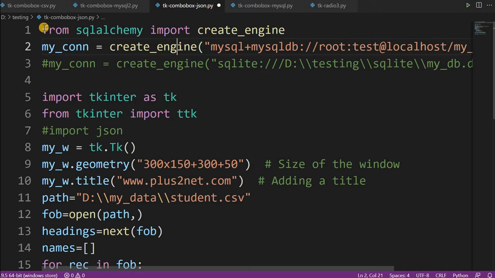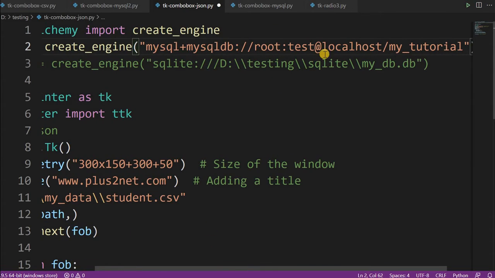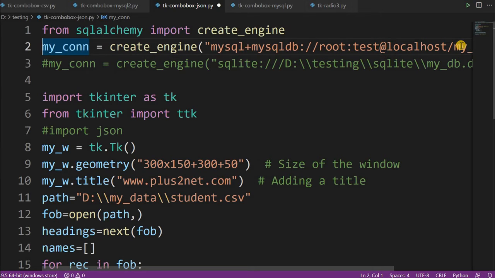Let's understand the second line. Here I am creating a connection object, using my user ID, my password, and localhost. In most cases localhost, otherwise you may give your IP address or whatever address where your MySQL is running. Now you can move on. This is my DB name. So these 4 pieces of information you may have to feed into your connection string. In your case that will be different. In my case it is on my localhost, so I have not used a strong user ID and password. Fine. This line which I have commented is for SQLite.